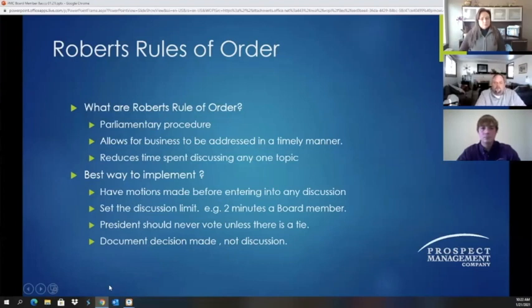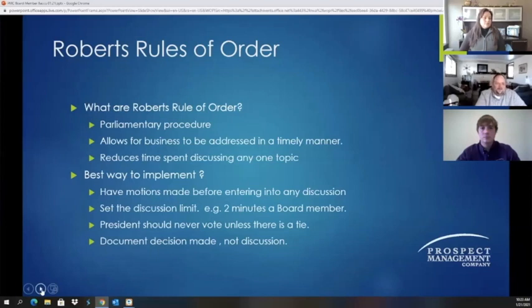There are some bylaws out there that state that you do have to follow Robert's Rules of Order, but it's just something that is inherently known. It's no longer taught in school. I know people who went to school in the 50s through 70s were taught Robert's Rules of Order, and then in the 80s it kind of fizzled out, and now it's just assumed everybody knows what it is, just like we all know how to use computers and type. It's no longer really taught in schools.